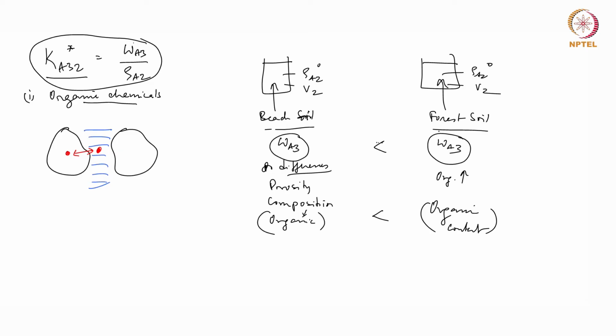But from this observation, what people have looked at is that I can write this Ka32 as Wa3. Just now we have also determined that organic carbon content is different. So, instead of Ka32, we will write this as Ka organic carbon divided by, yeah, so we will write it even more expandedly. We will say m of A divided by m of OC, m of OC divided by m of 3 divided by,